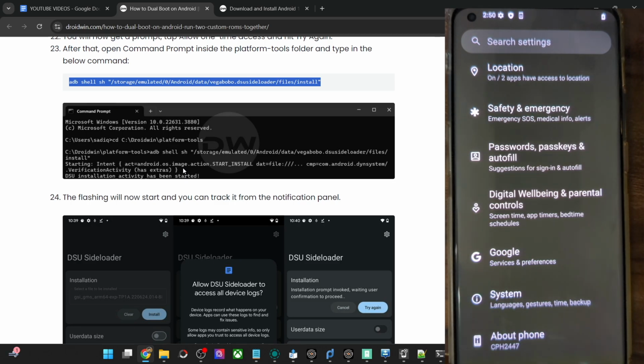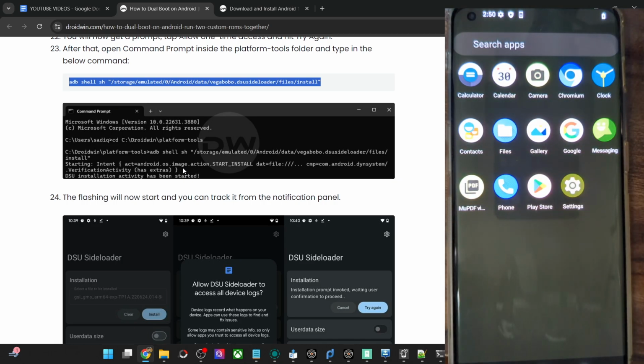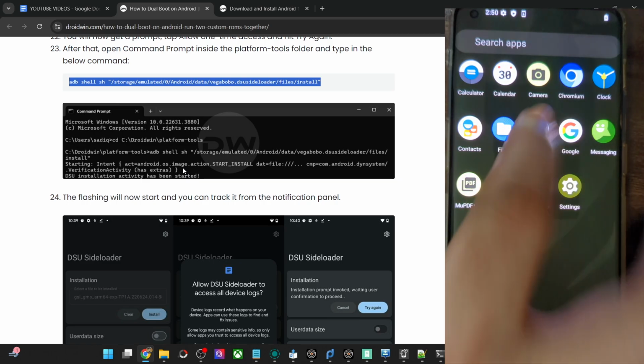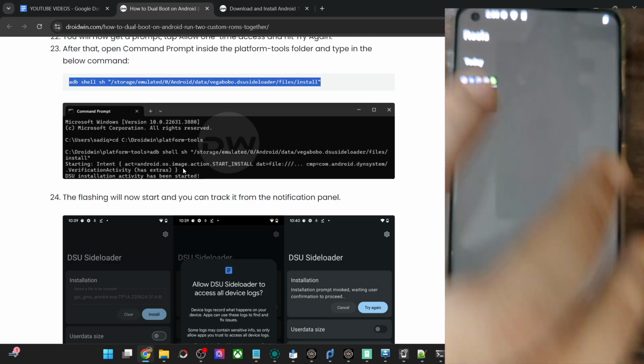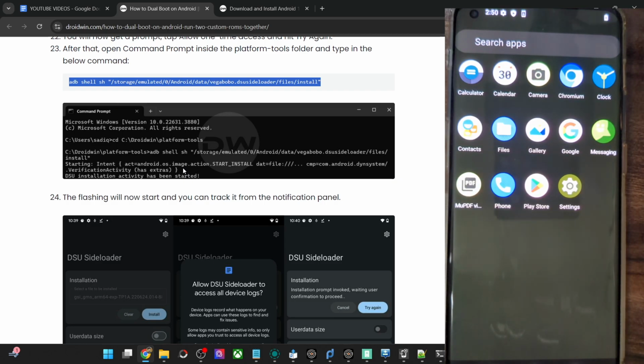The biggest advantage is the fact that you don't have to use the fastboot command to flash the GSI ROM. Apart from that, the data partition of the GSI ROM and the original OS are separate. They are not interlinked with each other. So whatever task you carry out in the GSI ROM will not be shown in the original storage section. Likewise, whatever task and data are there in the original OS will not be shown here in the GSI section. For example, if I take a screenshot, and if I go to the gallery, as you could see, I only have a single screenshot and there are no other files whatsoever. Whereas in the original OS, I have quite a lot of files.